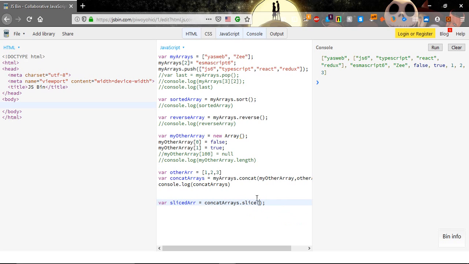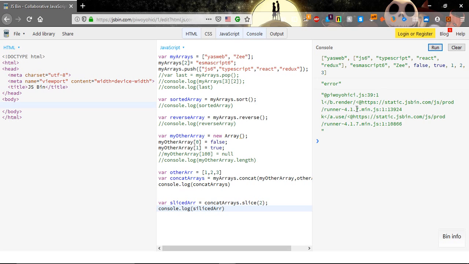So it's slice starting, for example, let's type slicing from 2. So let's see here 2, and after that console.log, and let's see this sliced array. So now clear, let's run here,